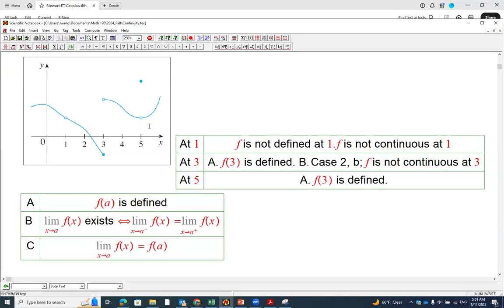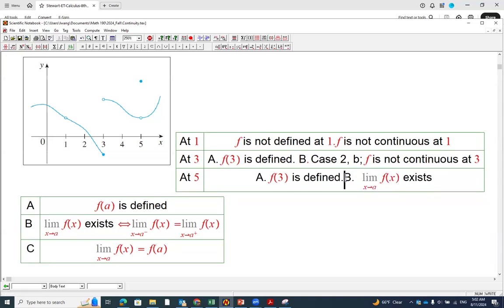And B, the limit exists, no problem, right? If you look, the limit from left and limit from right both exist. And C,